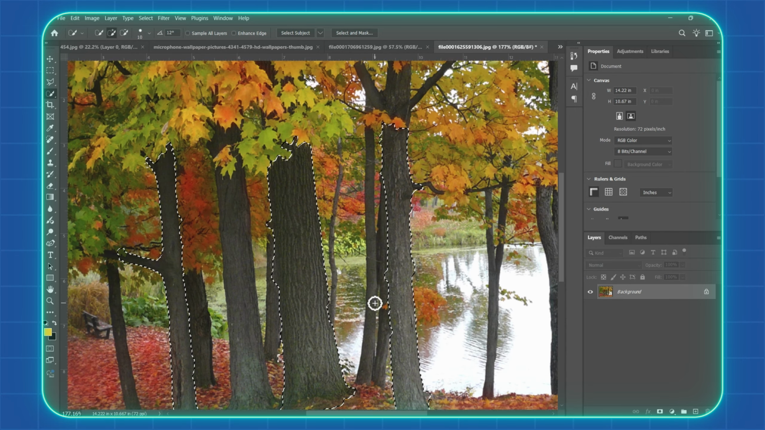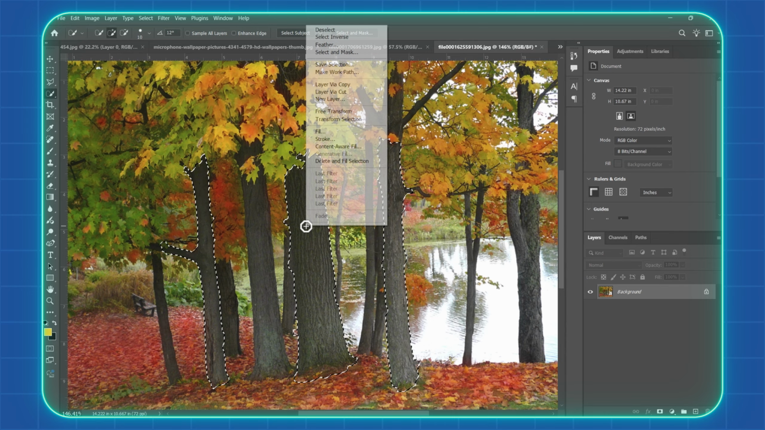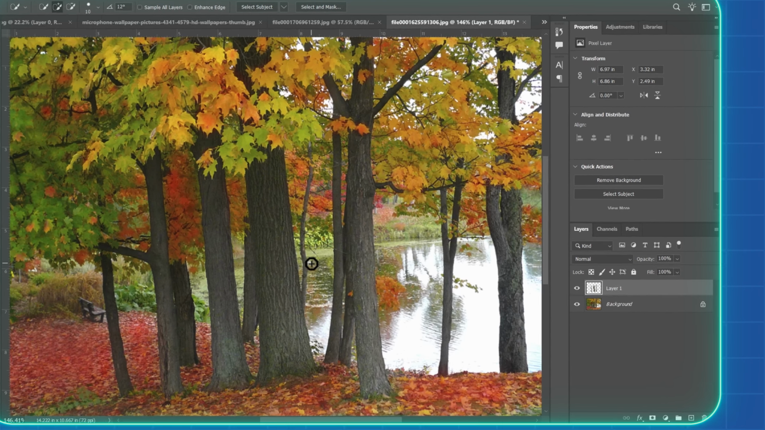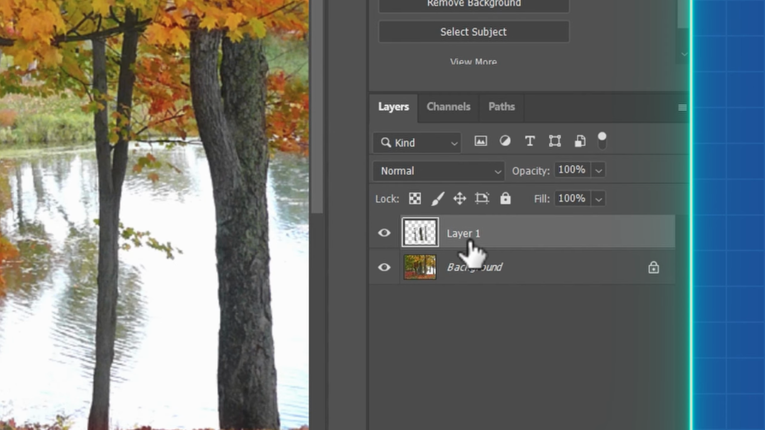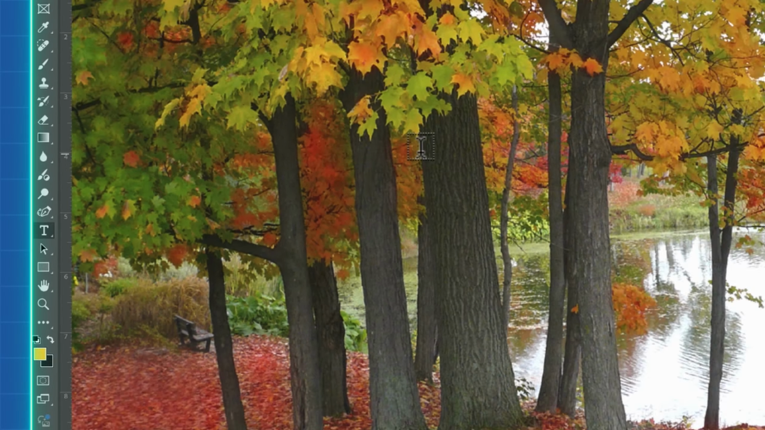Yeah, so when you are done selecting the areas that you want to be in front of the text, what you have to do is right click on it and then select layer via copy, and this will create a new layer for the selection we just made. Now go ahead and select the text tool by clicking on this T here, click on it and then write your text